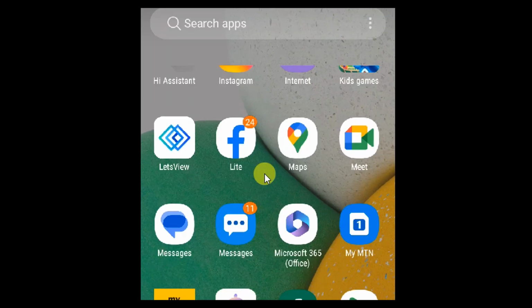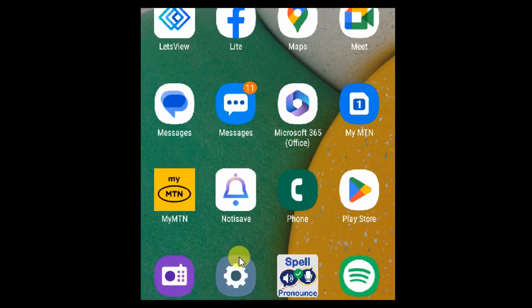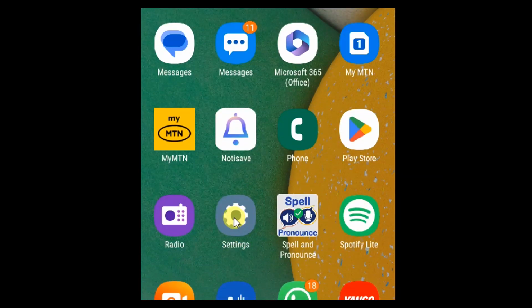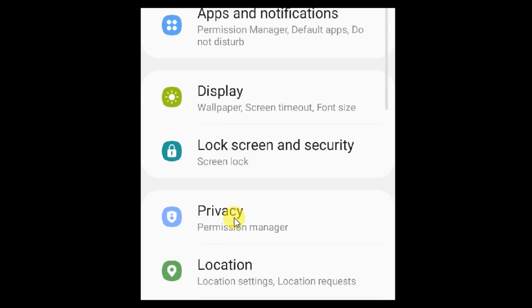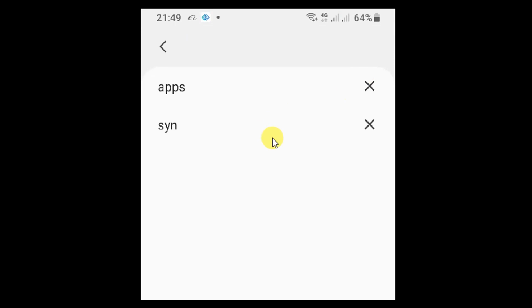Okay, the second one is syncing. Syncing means your device could be syncing a lot of data in the background, such as your contacts, calendar events, and email. To turn off syncing, go to settings. You can see I have my settings open here. Go to settings. When you go to settings here, tap on it, and the good news is you can search for it. Go to the top right corner here,